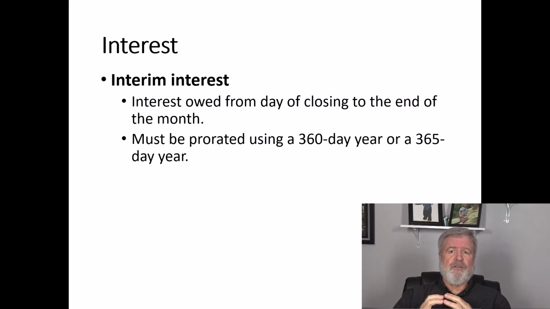Now, this is going to be on the exam. They could ask you a question about any of these types of interest, but this, you're going to have to know how to do some math, the interim interest. Because, if you think about it, you're going to have to provide this information to the buyer anyway, or should be able to, okay? You need to be able to do what we call a net sheet for both the buyer and the seller. And this is something you'll need to practice on a little bit when you get out there and start practicing, or actually before you start practicing. You need to know how to do a net sheet.